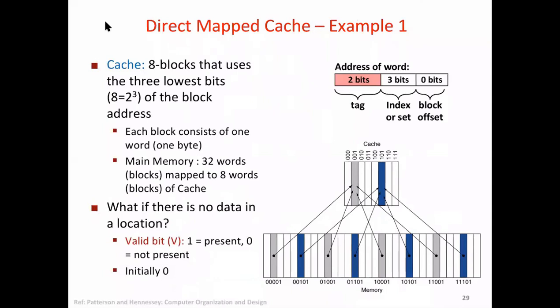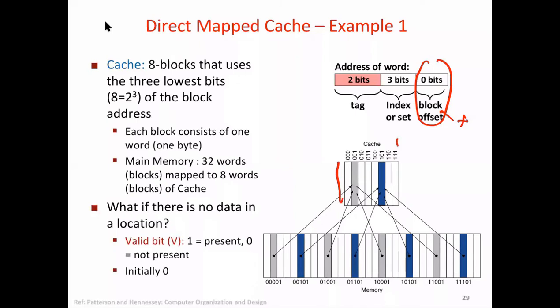In cache we have 8 blocks of 1 byte each. So there are 8 blocks, and this is the cache. There are 8 blocks, 000 to 111, and each block has just 1 byte. Obviously we don't need an offset then, because had there been 2 bytes or 4 bytes, we would need a corresponding number of bits. All right, so this is clear.